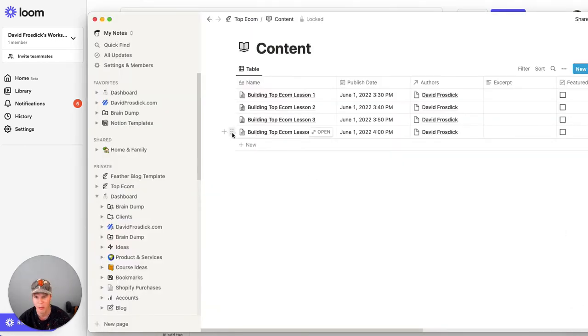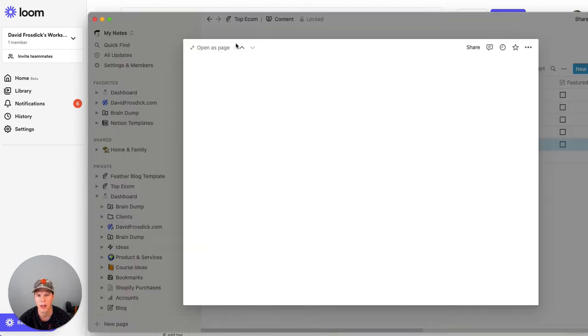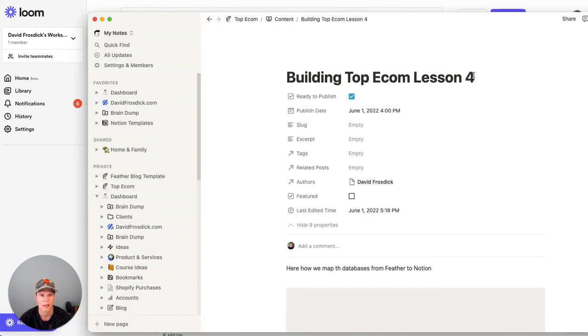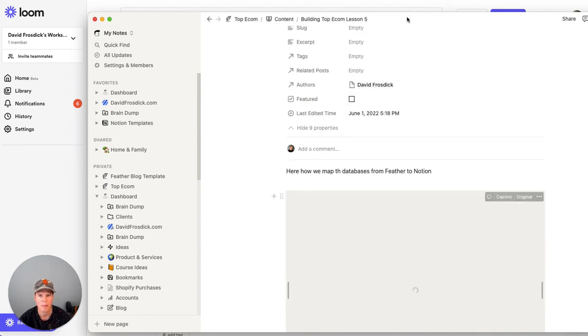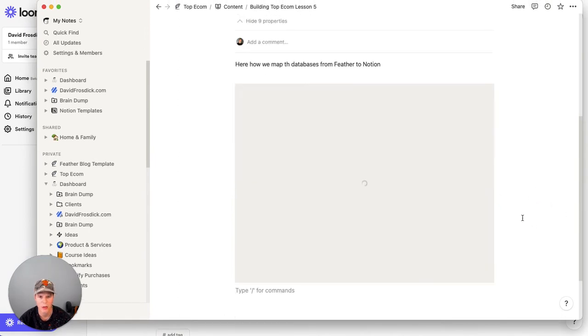What I've been doing is duplicating that. So keyboard Command D duplicates it, or you can just add a new one. The reason I'm duplicating it is it's got all the existing stuff in it. So if I open the page here like so, and then I'll open it again, let's call this one lesson number 5. Let me just move this into the middle. Here's that previous stuff below, so all I'm going to do here is just highlight both of those, delete that,